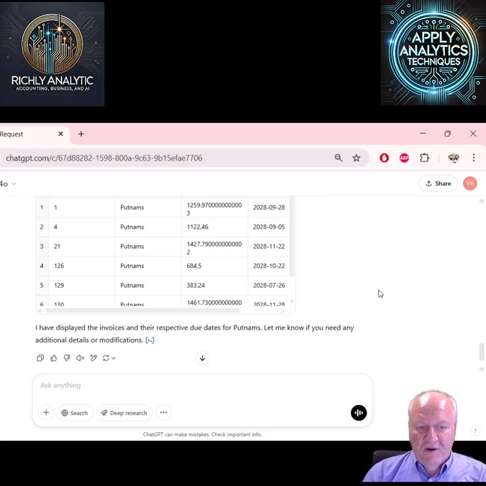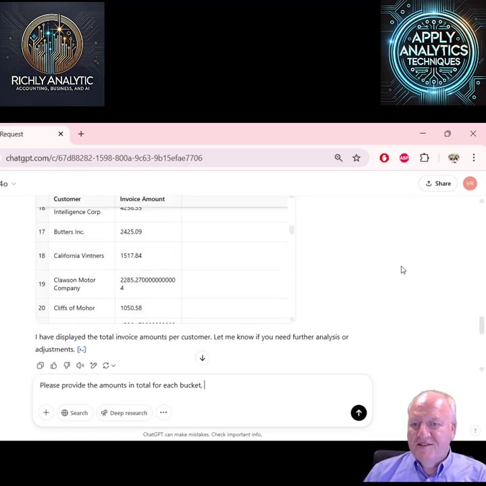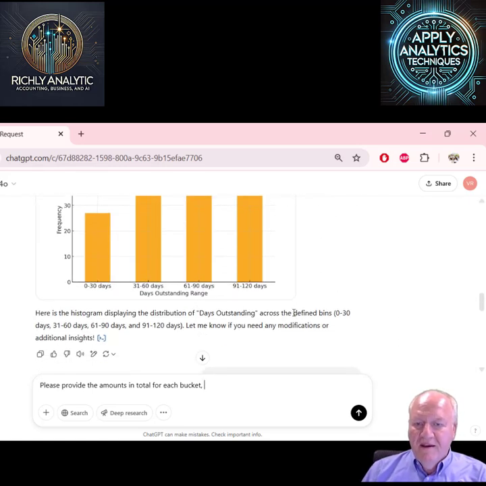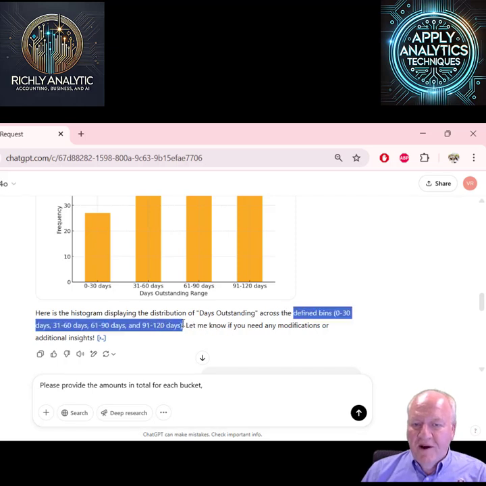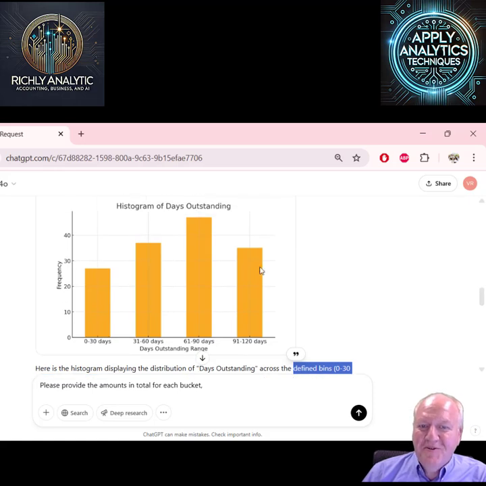And so let's go ahead and ask, please provide the amounts in total for each bucket. And maybe I'll go back up here, and our buckets are our bins. We'll just say we want it for this group. So notice this is a count, so this adds up to 200.